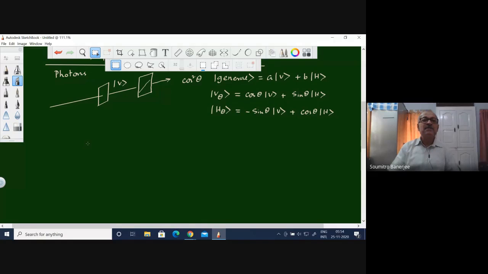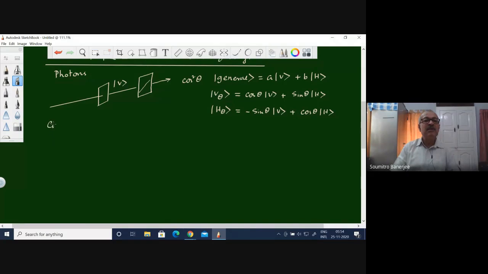Now, circular polarization is where A and B, these are complex numbers; circular and elliptic polarizations are these. So there are two possible ways of circular polarization. Either it is right-handed circular polarization or left-handed circular polarization. So the right-handed